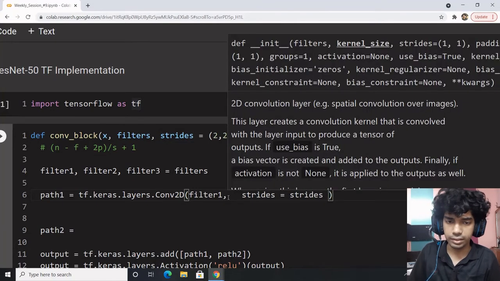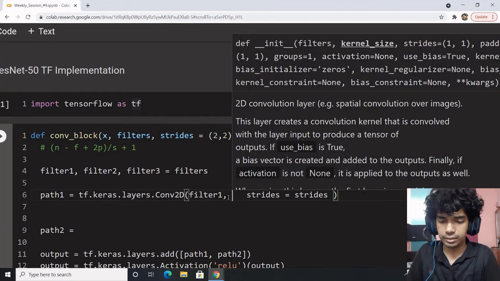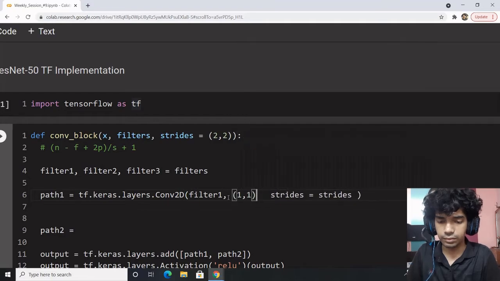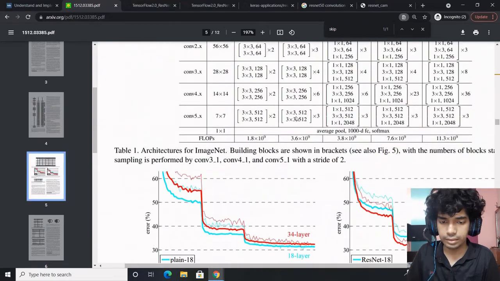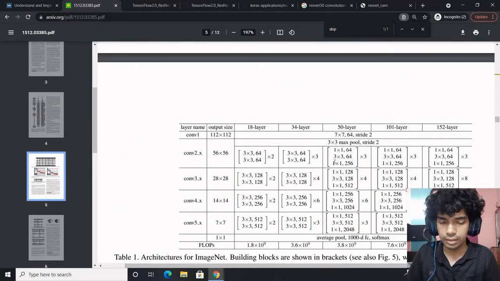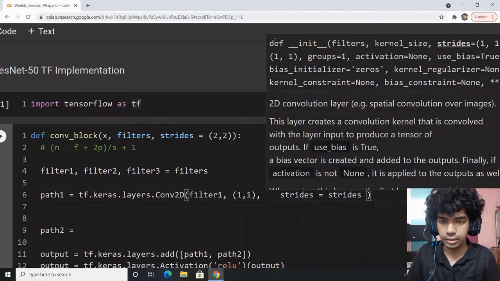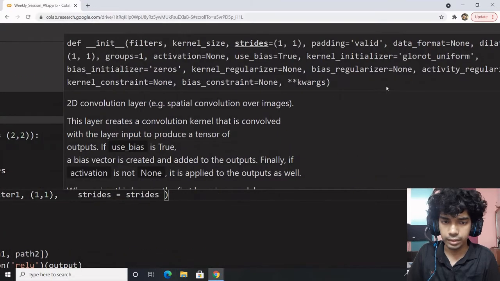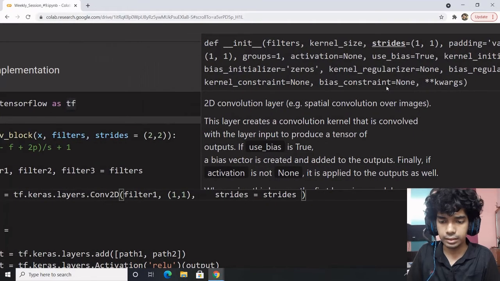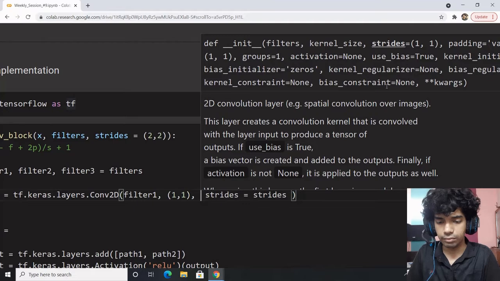So we have defined the filters. Let us define the kernel size. Kernel size is 1 cross 1 for the first one. Second is 3 cross 3. Strides we have defined. Padding, we need to ensure that padding is valid for the first one.